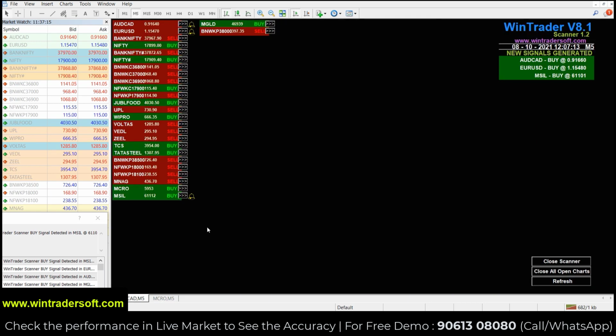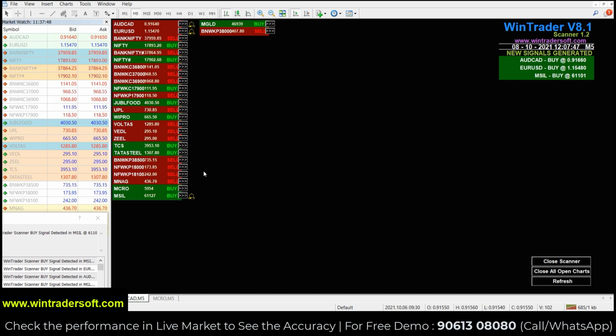And the scanner will also support you. Scanner means, whichever stocks or commodities you want to trade, you have to add all of them to the market watch. No need to open all the charts or check anything. Just keep them in the market watch on the left side, and the scanner will scan the market watch and give you a report of which are in the buy zone or sell zone. If any new buy signal or sell signal is generated, it will alert you in this dashboard, the new signal generation dashboard, showing buy at what price or sell at what price.